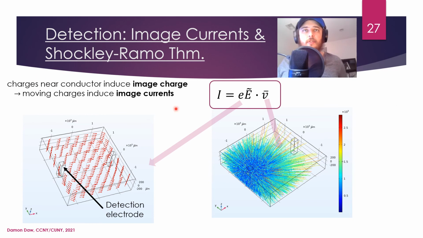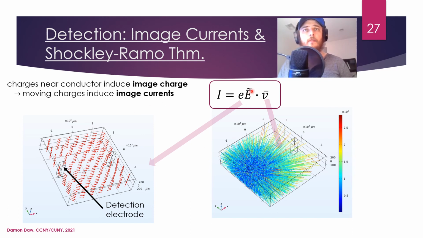So it turns out there's a very nice theorem called the Shockley-Ramo theorem that allows you to do that. And it essentially says that charges that are near a conductor will induce an image charge. So if you start moving that charge around, you'll induce an image current in that conductor. So I did some finite element analysis simulations